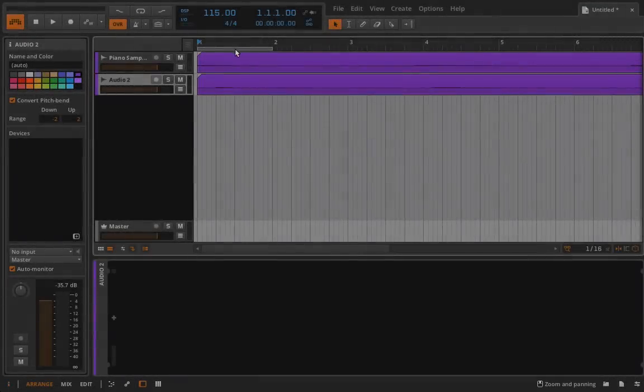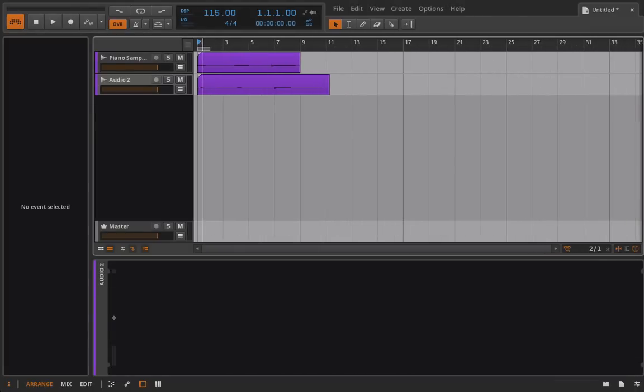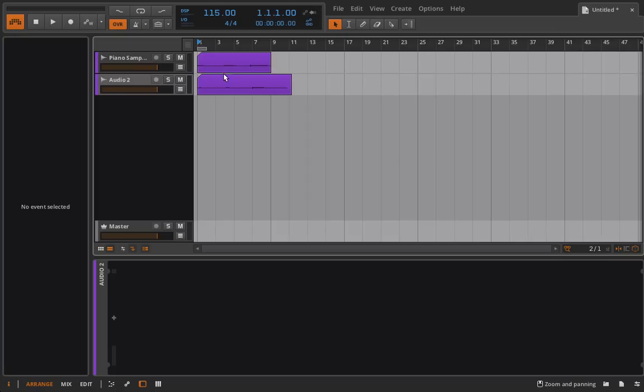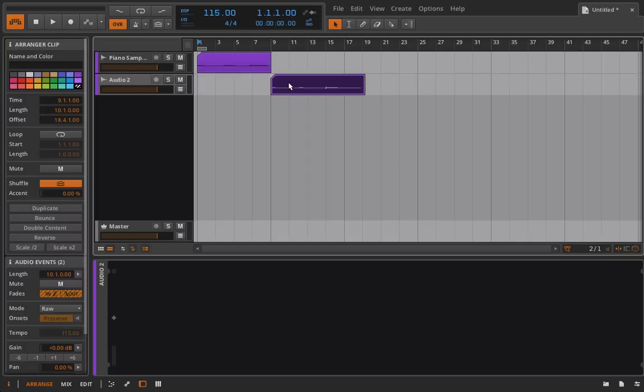Okay, so our other way of maybe trying to make a multi-sampled instrument is going to be a bit more time-consuming and advanced, but let's say you have a keyboard in your house or a piano and you want to actually resample that and put it into the sampler with different amounts of velocity control, meaning that you recorded it when you played a note very softly, you recorded it when you played a note somewhere in the middle, and you recorded it again when you played that same note and really pounded it,